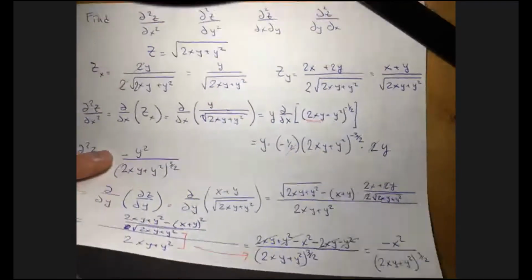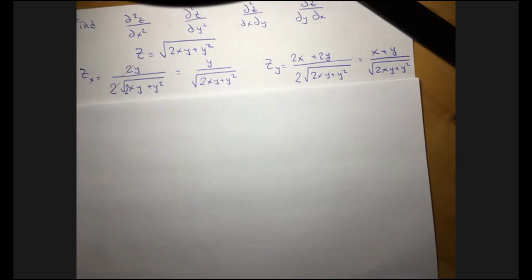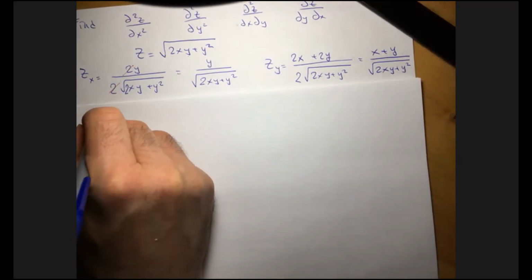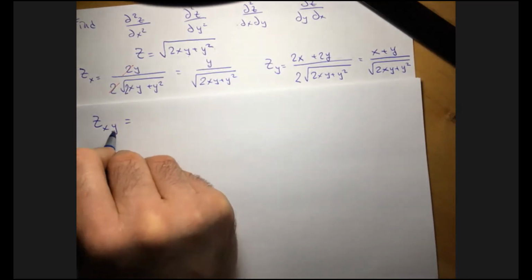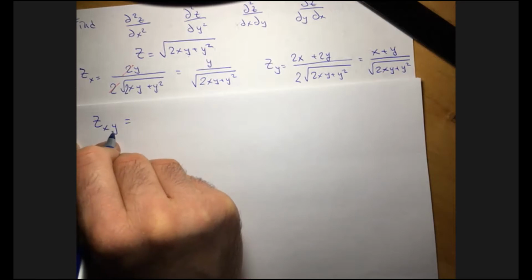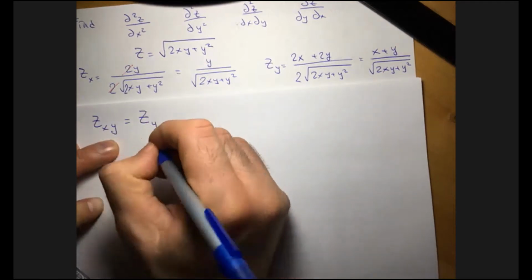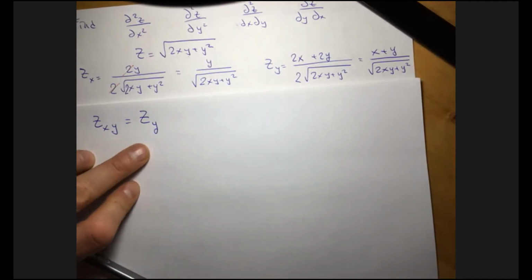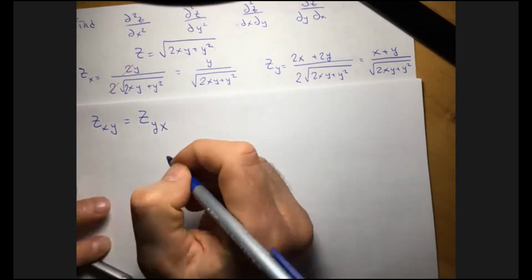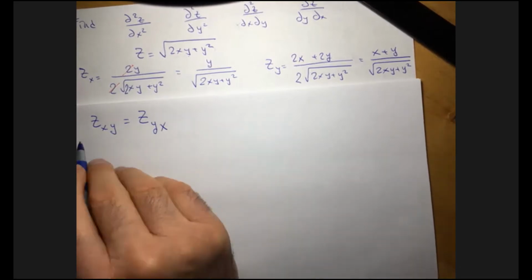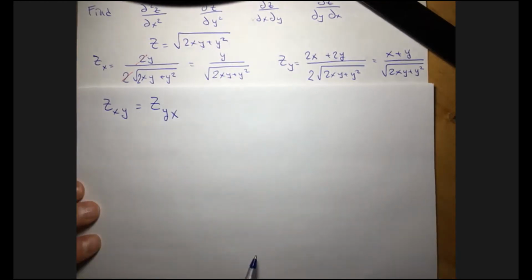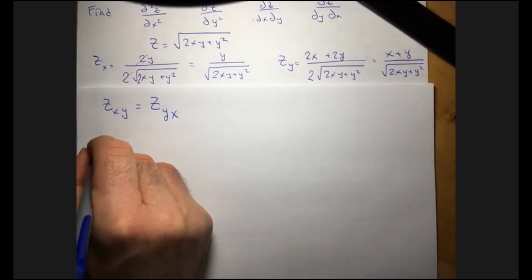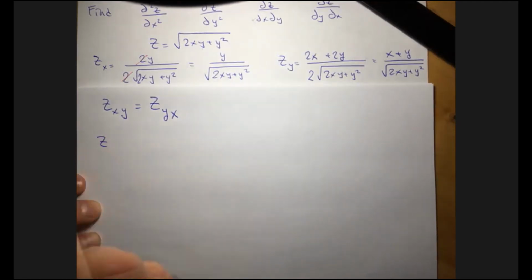Okay, and then by Clairaut's theorem, I know that the mixed second order partial derivative, first with respect to y then with respect to x, has to be equal to the second order partial derivative, first with respect to x, then with respect to y. So by Clairaut's theorem, I just have to evaluate one of these, and then the other one is going to be correct. So I'll evaluate one, and I'll leave the second one for you to confirm Clairaut's theorem. So second order mixed derivative